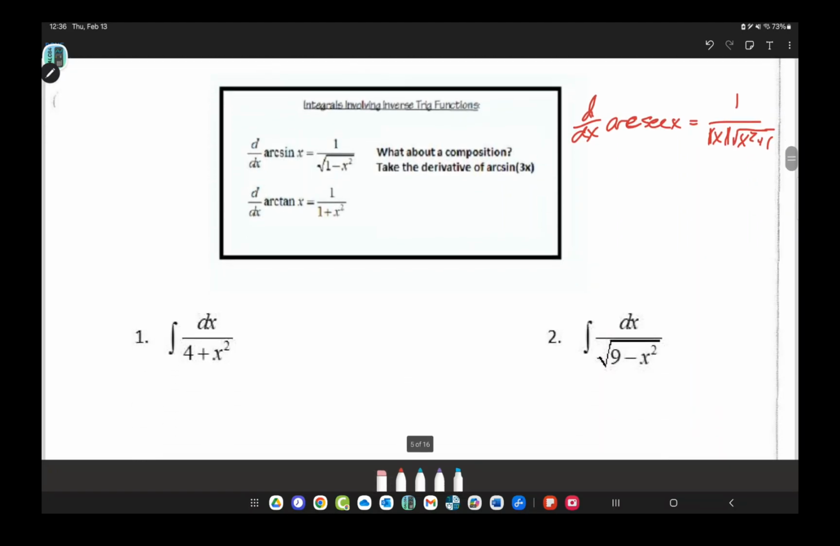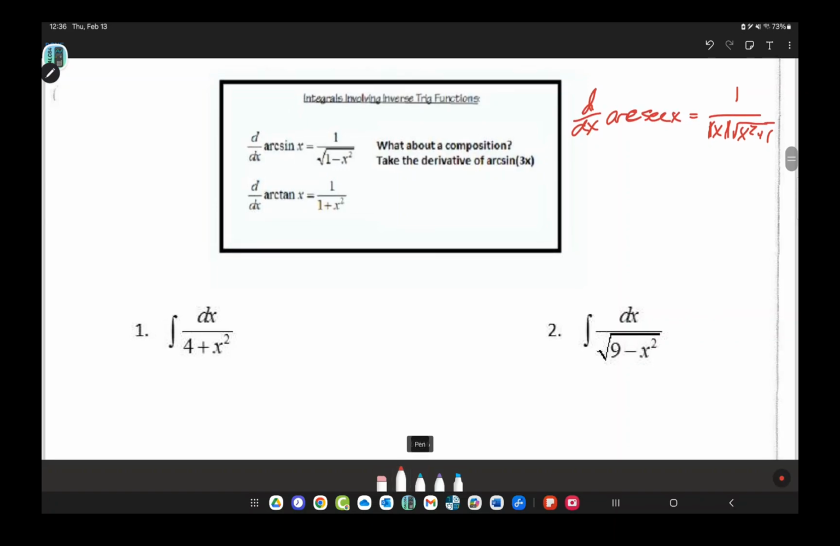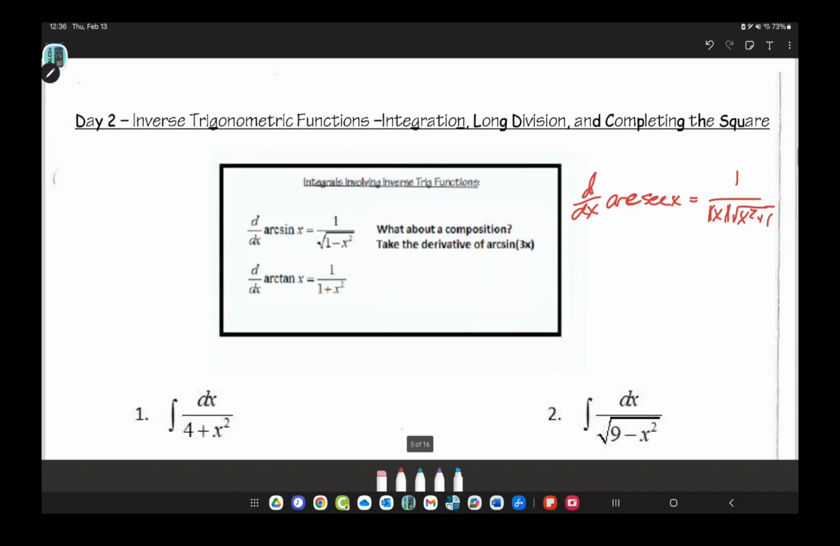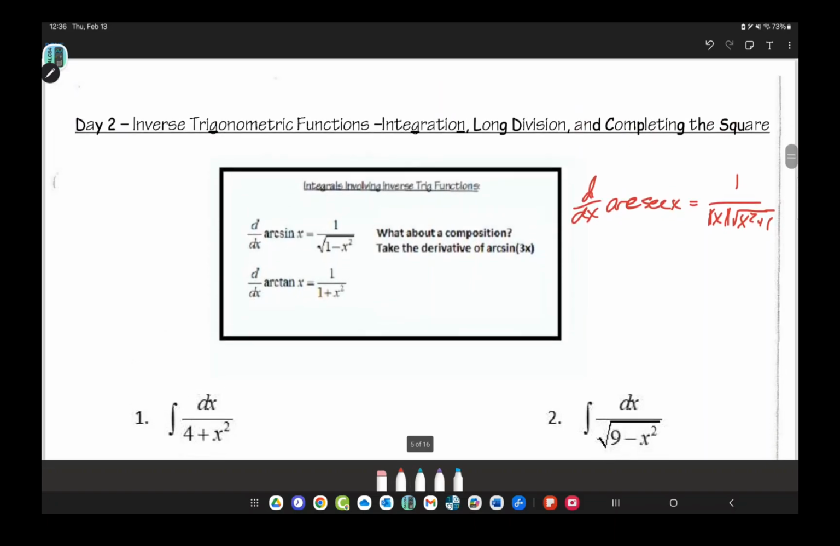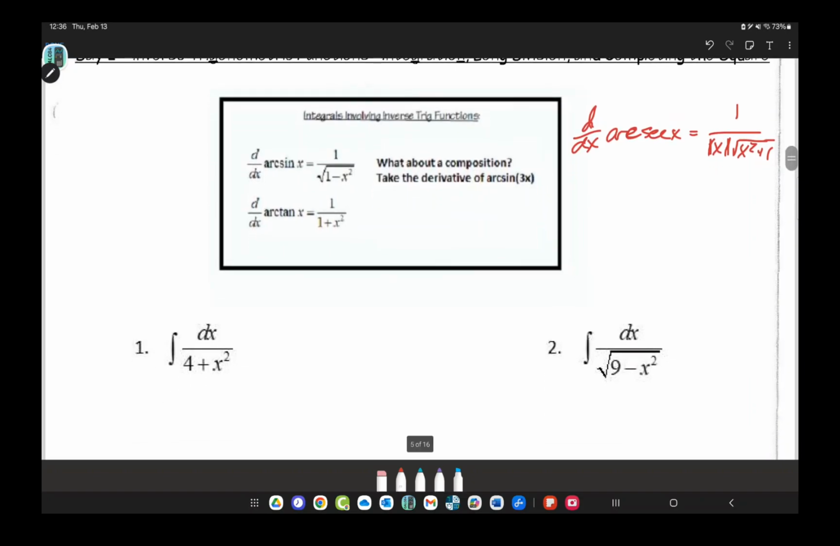So we are going to do this backwards. What do I have to have up top? A 1. What number do I have to have in the denominator? 1. So if I don't have a 1, what we can do is factor it out. Number 1, we can factor a 1/4 out of the integral. So we write this as 1/4 the integral of 1 over 1 plus